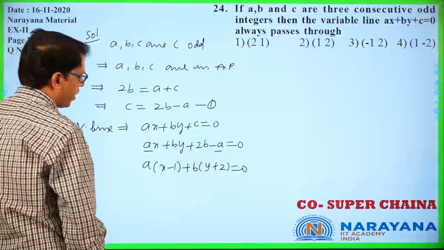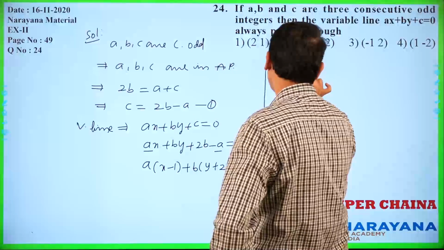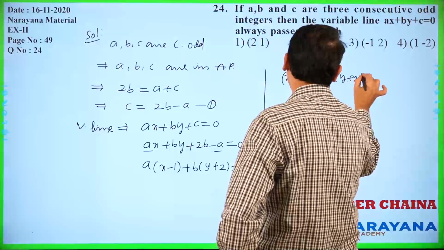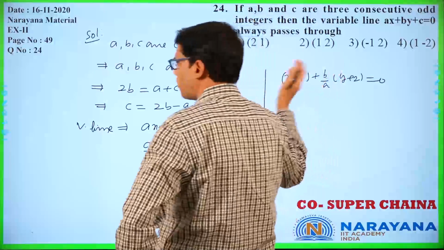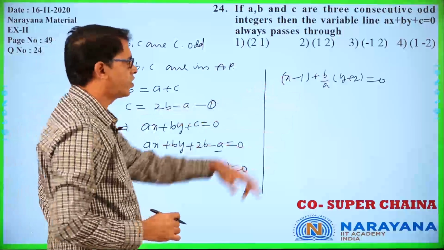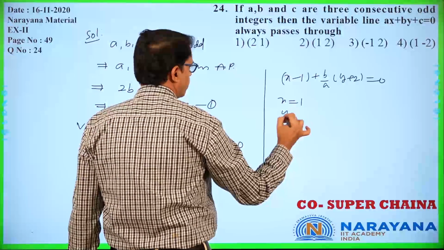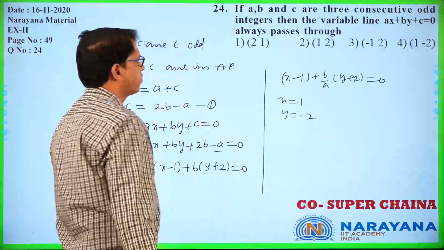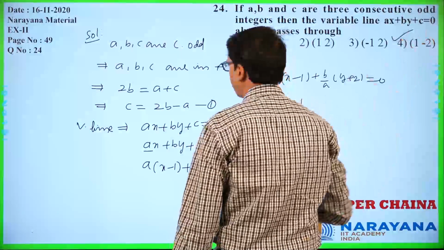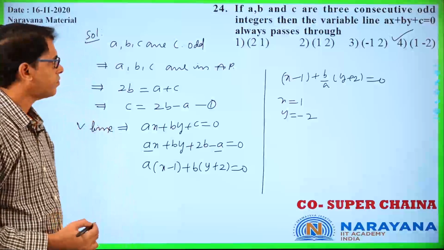That implies a into x minus 1 plus b by a into y plus 2 equal to 0. So L1 plus lambda L2 equal to 0. L1: x minus 1 equal to 0, so x equal to 1. Here y is equal to minus 2. So 1 comma minus 2, the fourth option